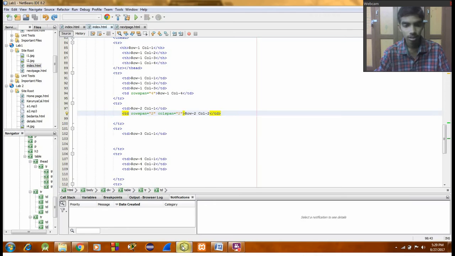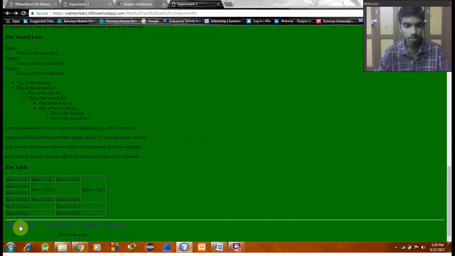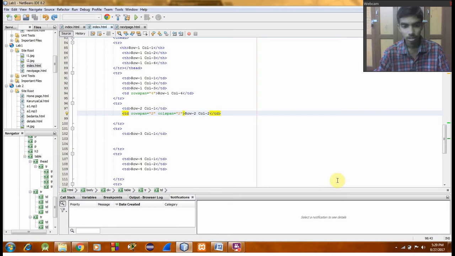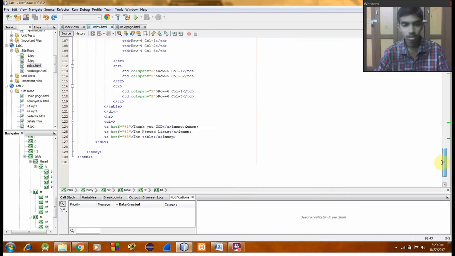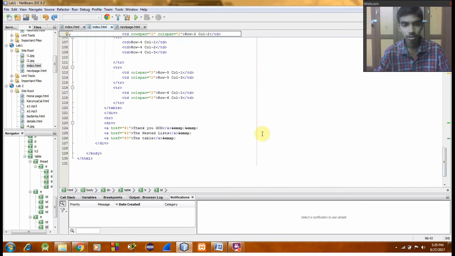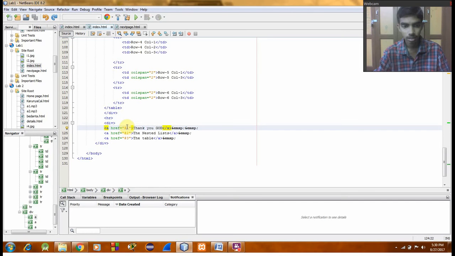Now I have given some bookmarks, like for the first subheading, the second subheading, the third subheading, and this is for the next experiment. And I'll show you the bookmarks. Using the ID given to each of the divisions, I have used an anchor tag. Hashtag implies using the ID, and the ID name, that is one, and the text like the subheading, and similarly for other subheadings.